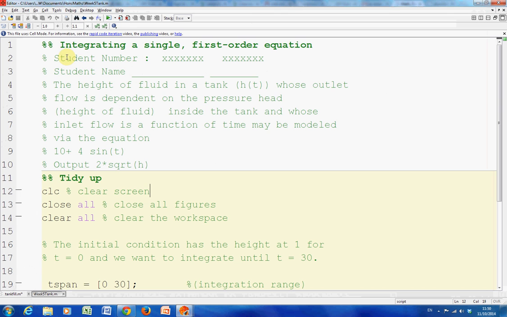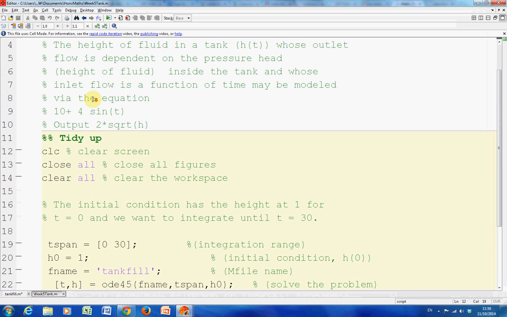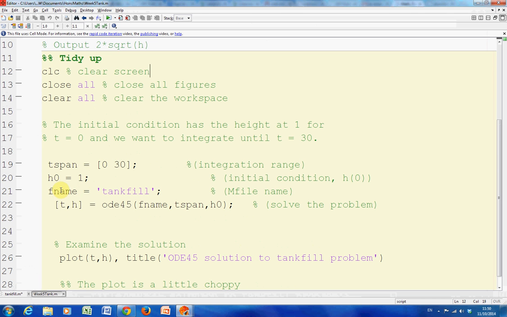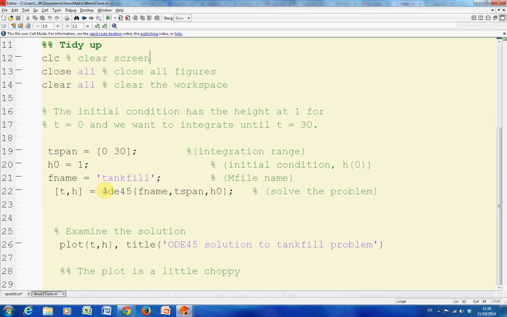So I gave it up here, a typical one here. All these single percentage signs are comments, and a double percentage will give us a table of contents if we publish it, but that's not for today. Same thing here, ever so slightly. I define the function name as tankfill. I've just put it in there. The time span, that's my integration range, is 0 to 30, and H0 is the initial condition. I run ODE45 and I plot, and if I just run that there,